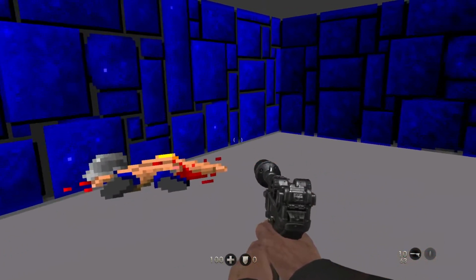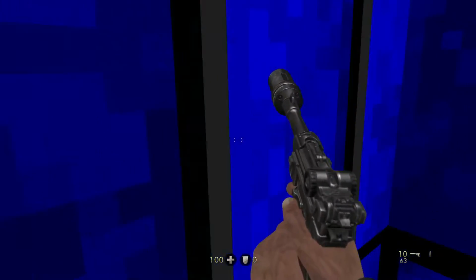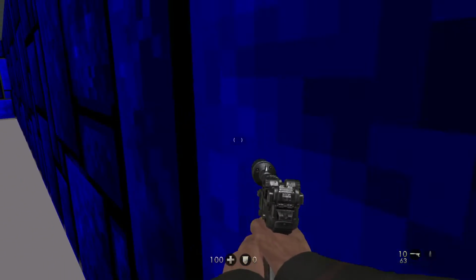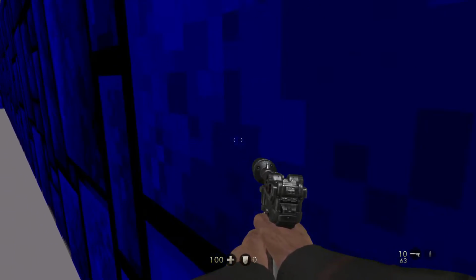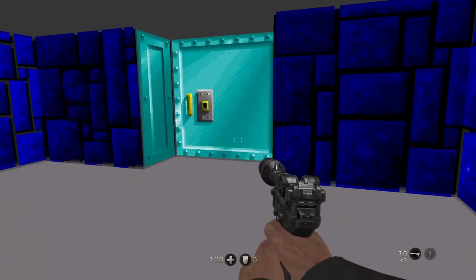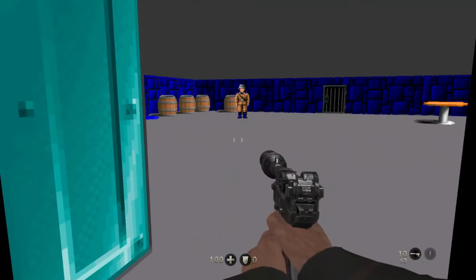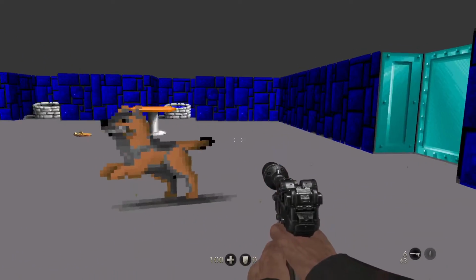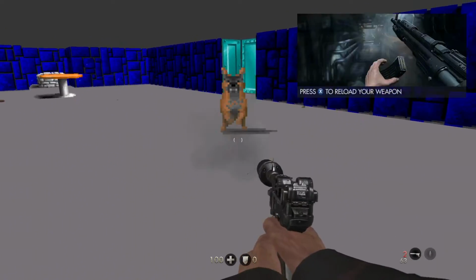I wouldn't be surprised if the Old Blood does play that way. You definitely couldn't crouch and couldn't jump in the original Wolfenstein 3D game. I wouldn't be surprised if it's more of a case...